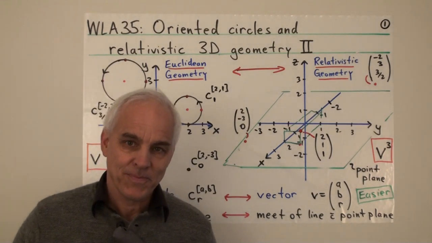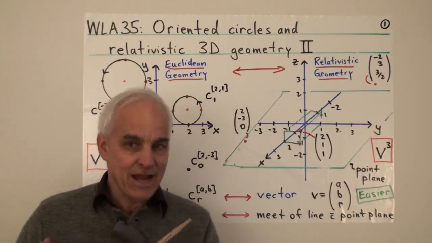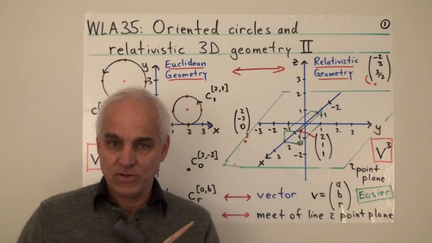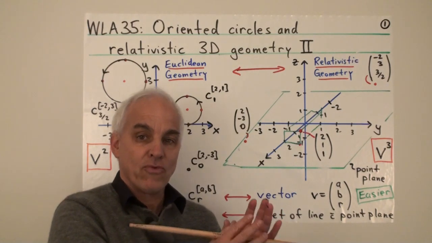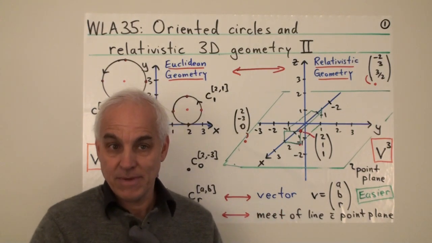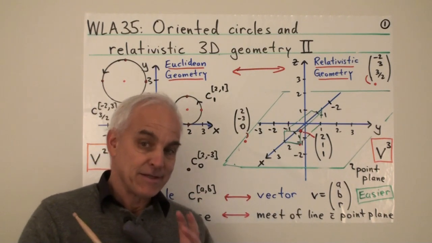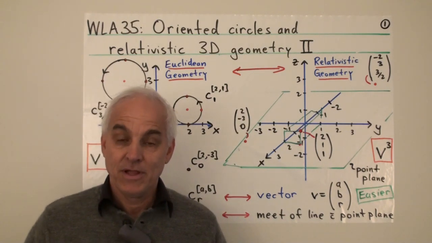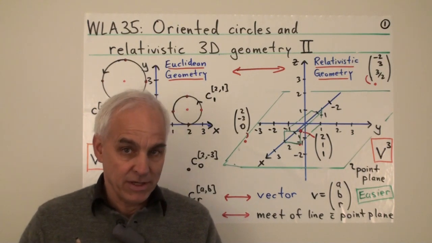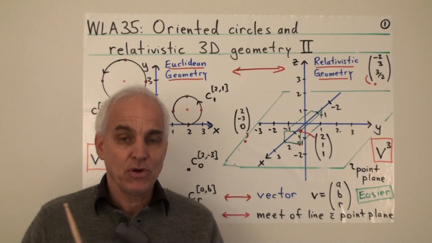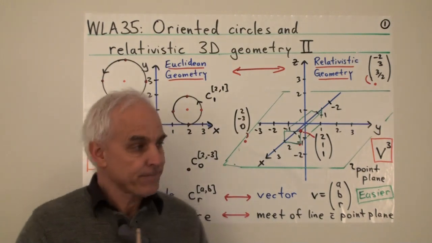Hello, I'm Norman Wildberger. In today's lecture, we're going to carry on with this idea of connecting planar geometry, in particular the study of circles in the plane, with a three-dimensional relativistic geometry. Basically, geometry coming from Einstein's special theory of relativity as described by Minkowski. This shows that special relativity is actually really quite close to our everyday experience and can be understood purely in terms of elementary high school geometry, going back essentially to Euclid.